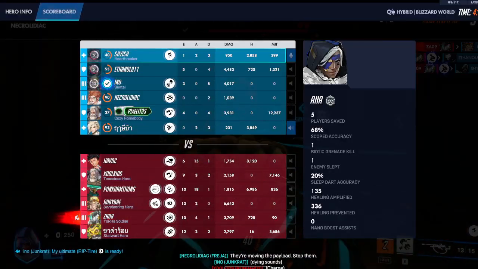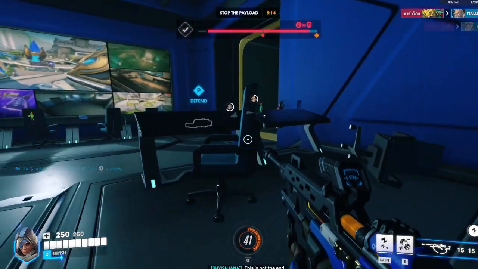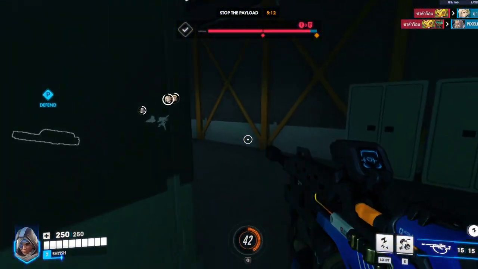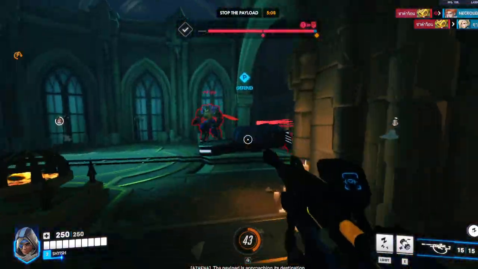They're moving the payload. Stop them. This is not the end. Securing the flag. Payload isn't